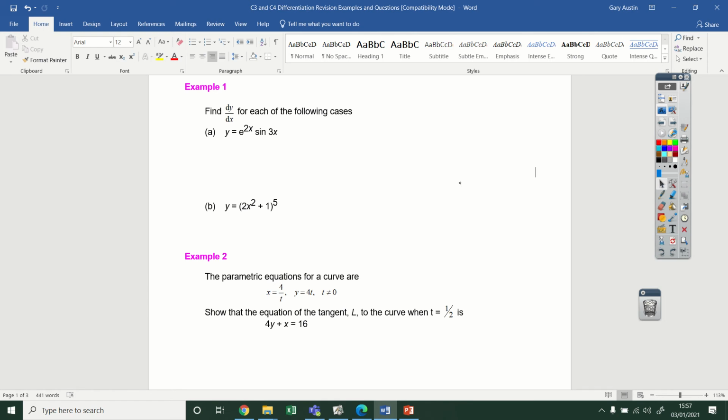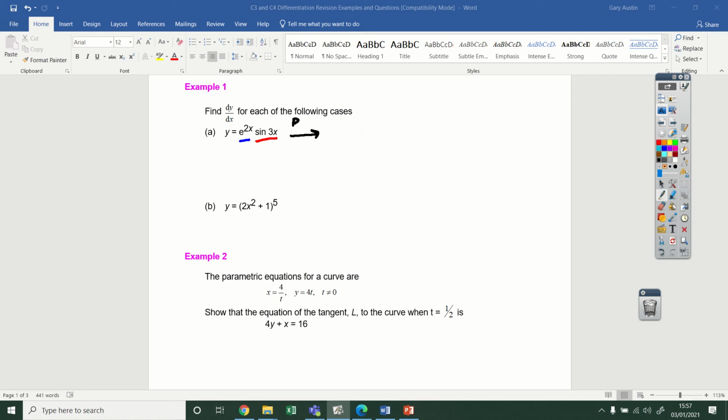So the first question just wants us to work out some derivatives, just work out dy by dx. Looking at the first one, I can see that that's mainly going to be applying the product rule because these 2 functions I'm going to highlight are multiplied together. Then you're going to look through your list of derivatives to work out what these differentiate to, but also notice that each one has got its own chain rule inside because the inner function is 2x and 3x rather than just x. So to differentiate,